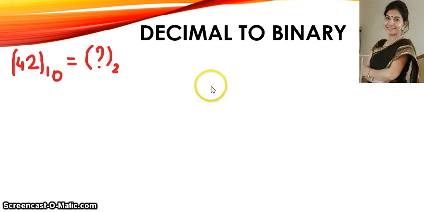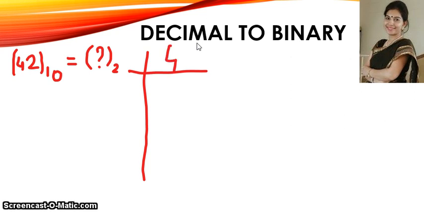So first of all, for converting a decimal number to a binary number, we have to divide. Whenever we are converting a decimal number to any other number system, we have to factorize it or divide the number with the base. That means here the base is 2. So we have to keep on dividing the number. We have to use the repeated division of number 42. So I have written 42 divided by 2.